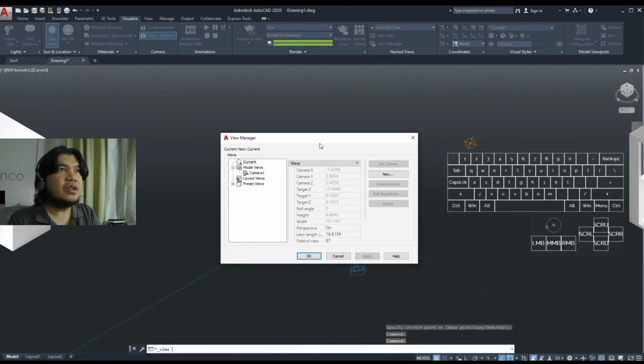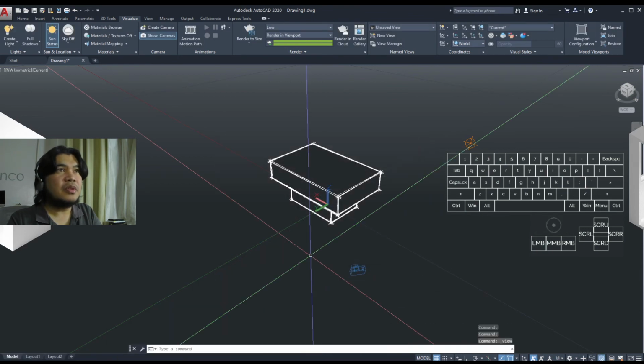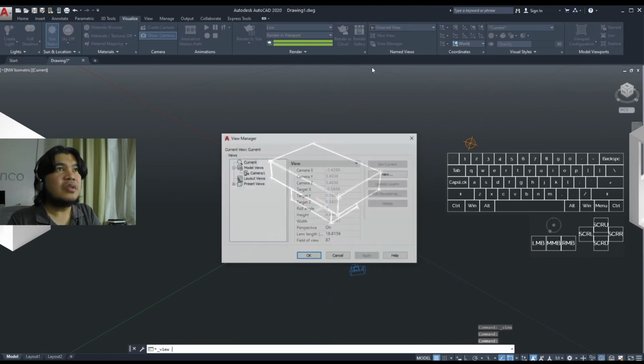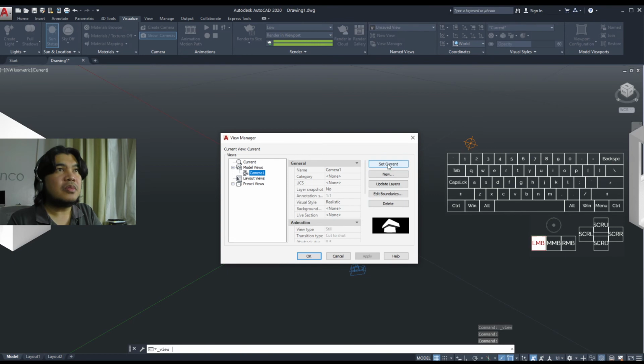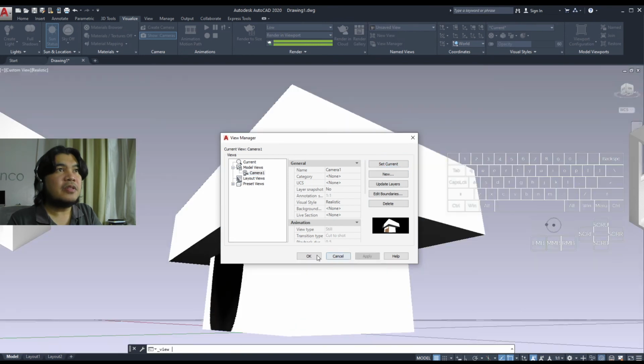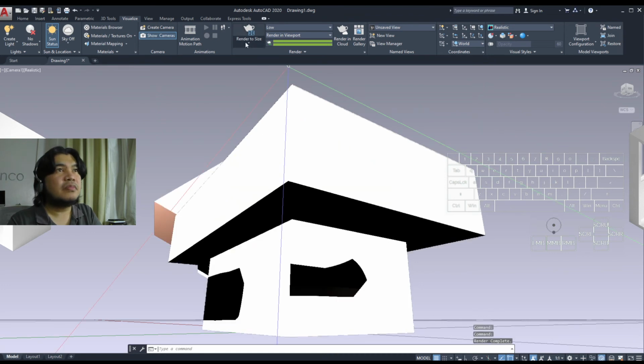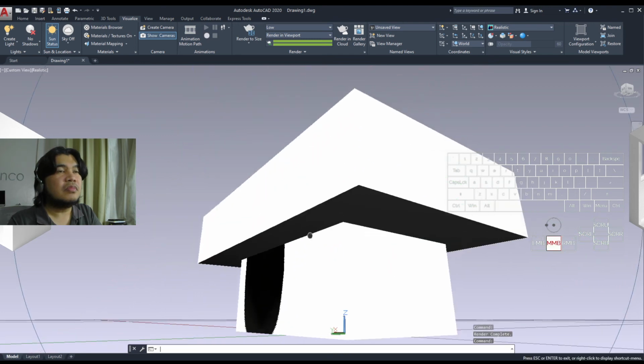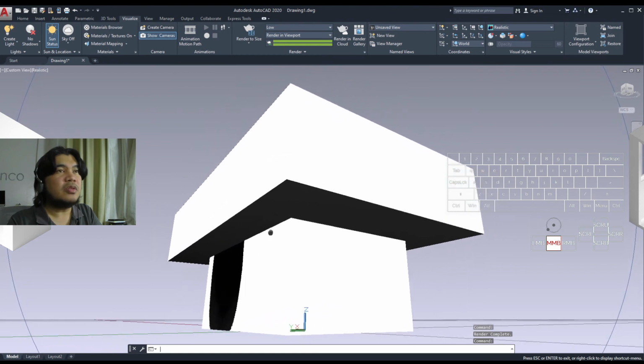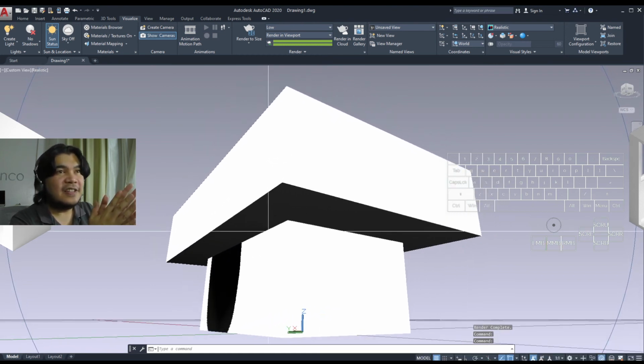View manager, camera view, camera view, set current and apply. Okay. And it's supposed to be a viewport flyout, but I tried it earlier and there was one. Is that supposed to be it already? As it, well,